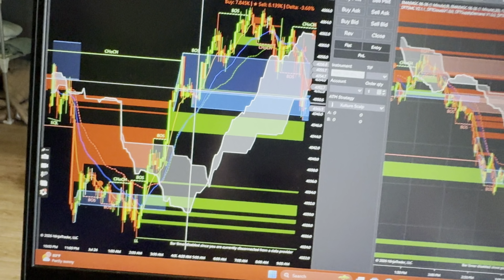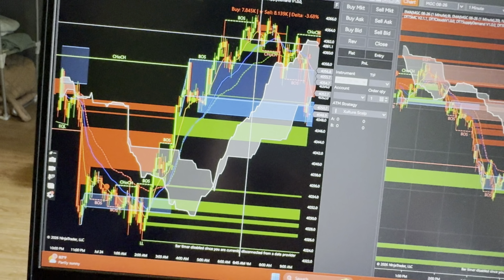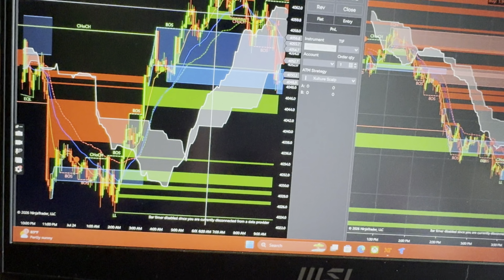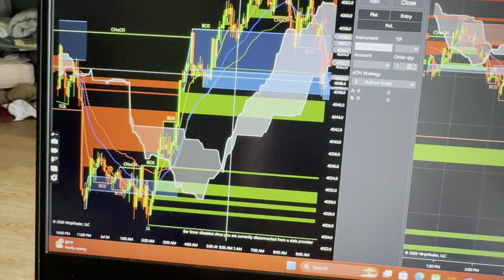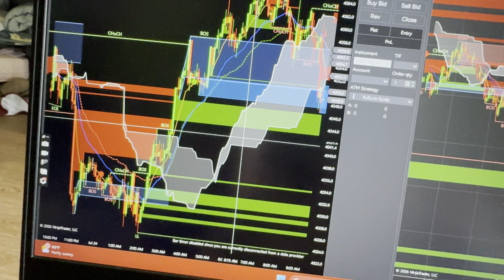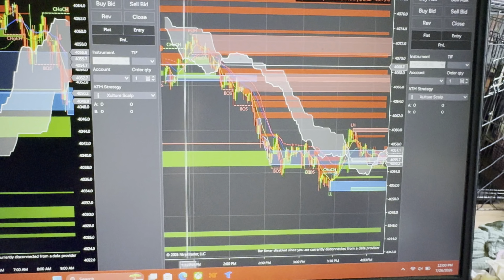You would have taken a trade, and then boom, you could have just rode it all the way up as they continue to sweep out liquidity to both sides. That's the 5 minute. You can do it on the 5 minute, 1 hour, 15 minute. Me personally, I love the 5 minute and the 1 minute, especially when it comes to getting in those sniper